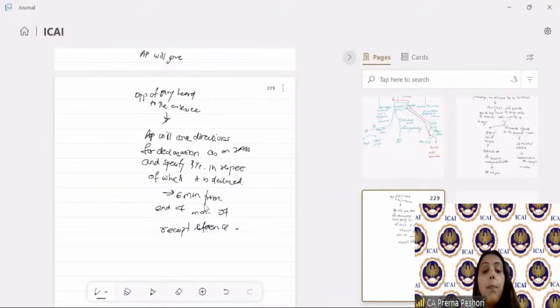Accordingly, the approving panel will issue the direction for declaration as an IA and specifying the previous year in respect of which it is so declared within 6 months from the end of the month of receipt of reference. Is that clear? Then the approving panel also has the duty to complete all the proceedings in accordance with chapter 10A,